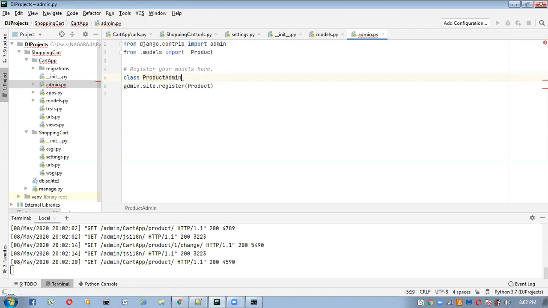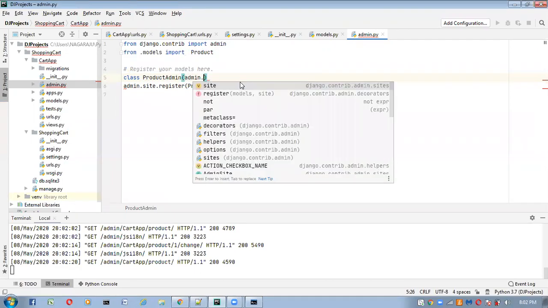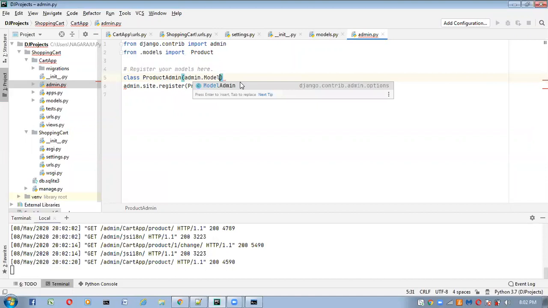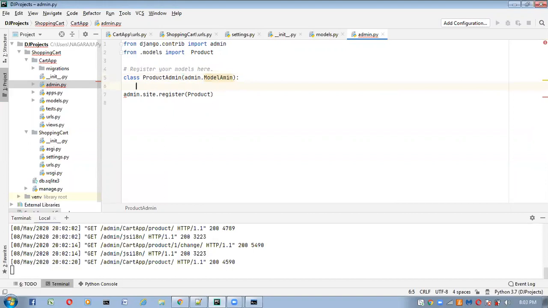You can give any name, but this class should extend admin.ModelAdmin. ModelAdmin is a class located inside the admin module, so our class should extend from this ModelAdmin. Inside this we have to specify whatever columns you want to see inside the admin interface.